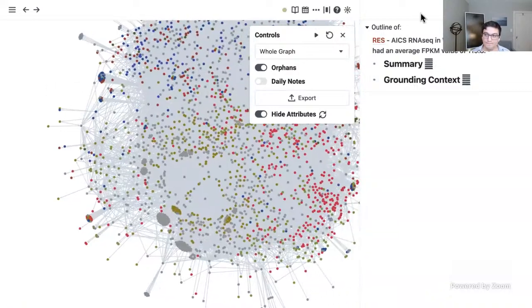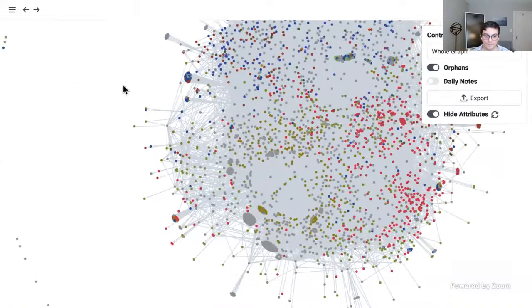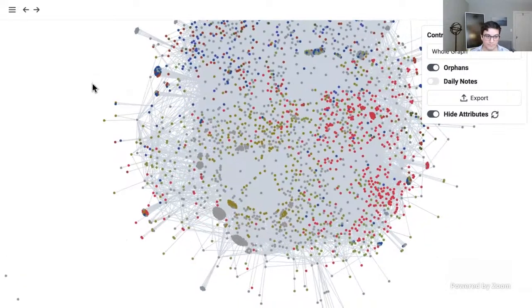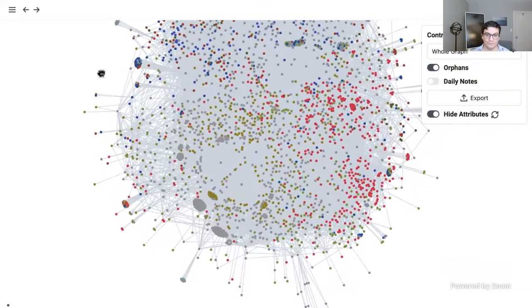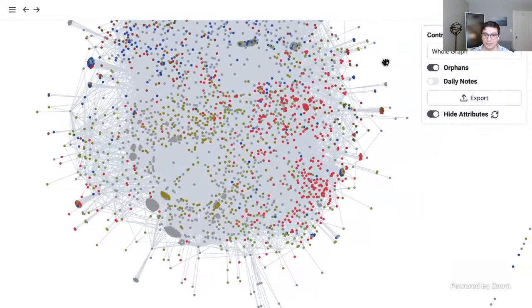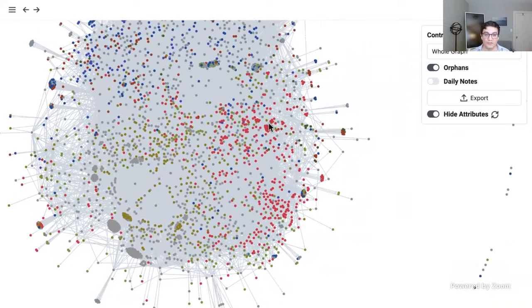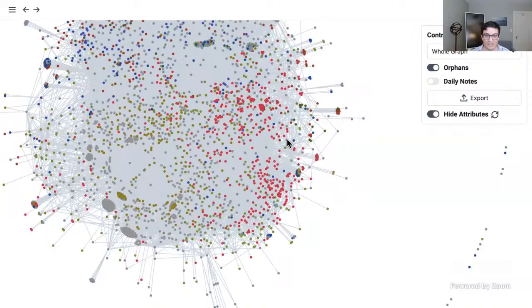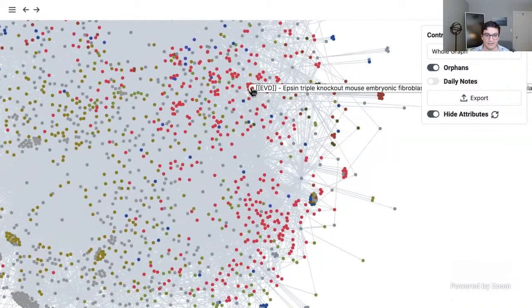And another question is that I noticed that in your animation, some of the nodes were clustered together. Are they somehow semantically similar, or related, or is the clustering just some artifact of the animation? So for that particular animation, the red nodes, for example, were clustered by the tag itself, the evidence tag, and so by definition, they would show up as clustered together in a way that is less apparent